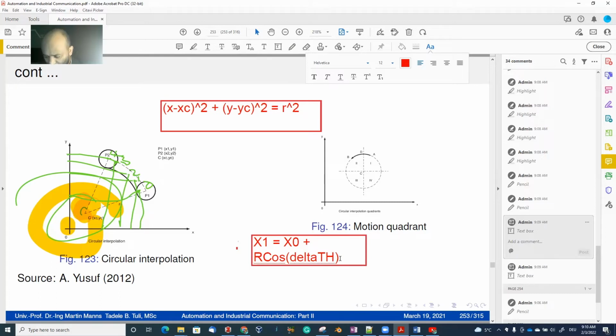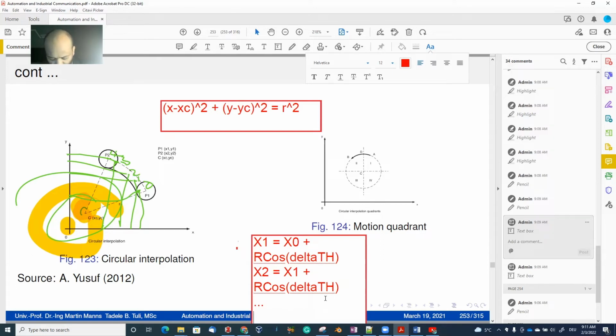Then I will go to the second point, x2 equals x1 plus r cos delta theta. Just I will talk about this. Then maybe I will say, just maybe, I'm really curious, and then maybe I will say xn equals